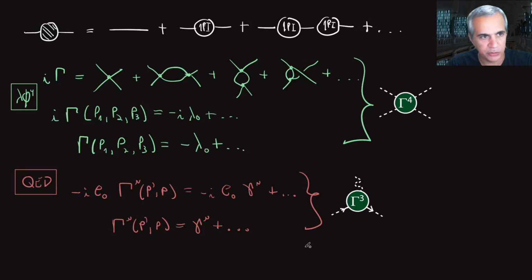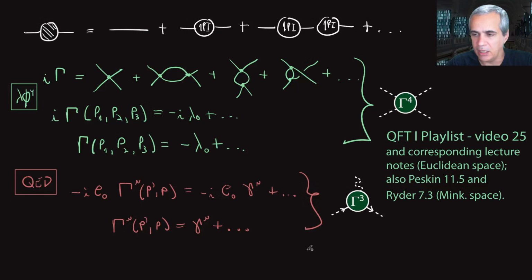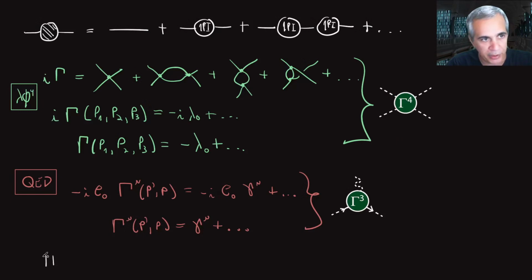So if you go back to video 25 of Quantum Field Theory 1, you'll find these guys being defined as the 1PI functions generated by the effective action. When I was defining the effective action, I found all these vertex functions. In fact, in that context, I also defined a 2-point vertex function, which I called pi2 over there, which was given by something like a sum of intrinsically 2-point